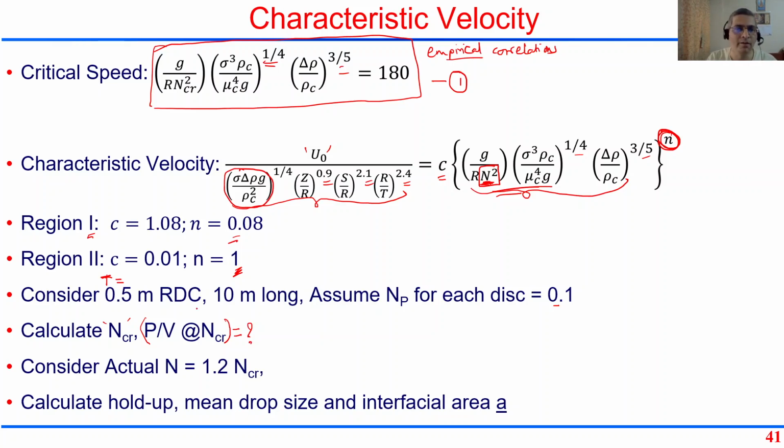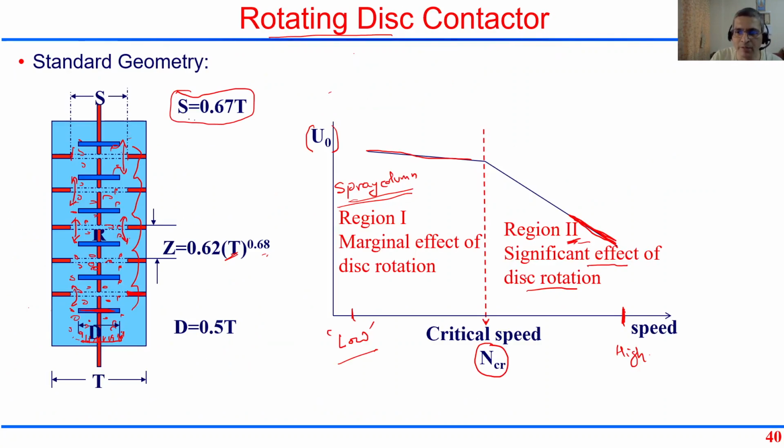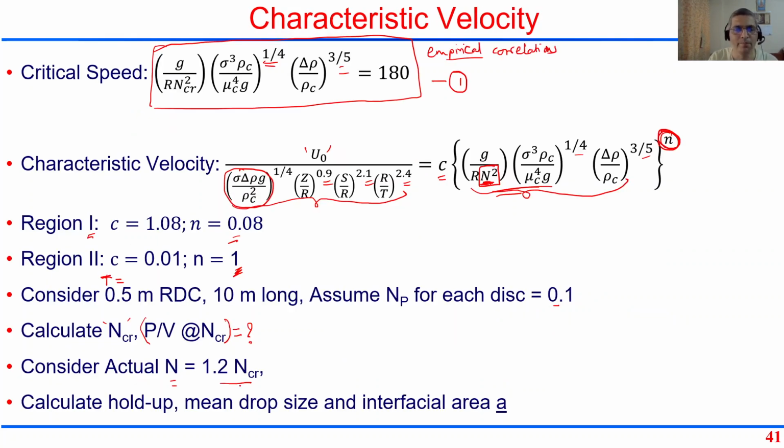If I want to take the actual speed as, let's say, 1.2 times the critical speed, so that means we will calculate critical speed first, then we will say, okay, I will want an operating speed something like this, say 1.2 times NCR. Then I want you to calculate using this n, using this u0. I want you to calculate u0, and then once you know u0, then you can calculate your